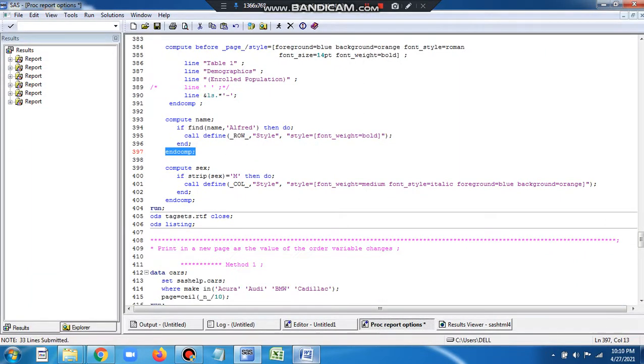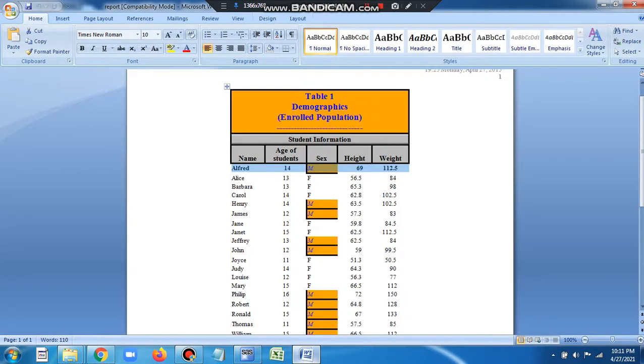Now let's see how we can format the column. And here I am interested in formatting for all the males. When the gender is male, I want to format it in italics, with a different color and background. So let's look at it.